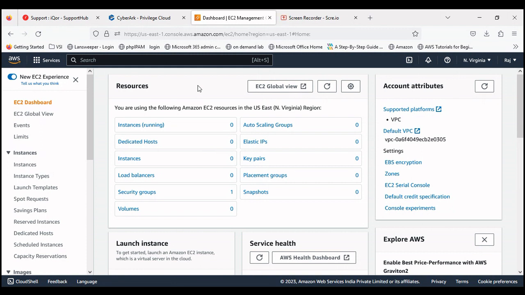So today I'm going to give you a walkthrough of how we create an EC2 instance on AWS. Currently I'm logged into my AWS account, which is a free tier account that they provide for 1 year. So I'm logged in here and